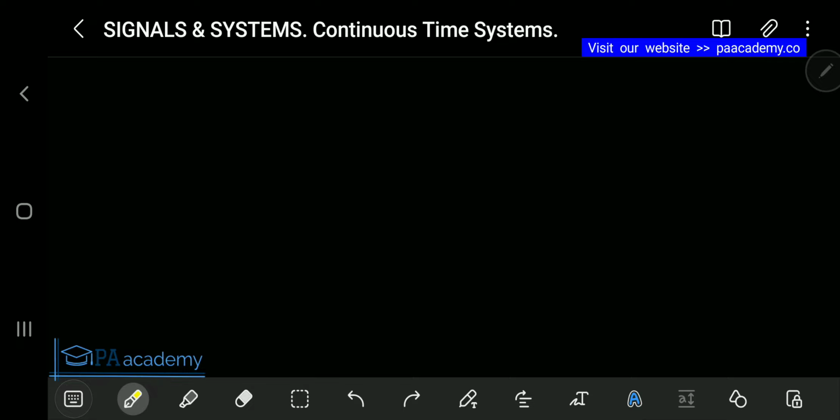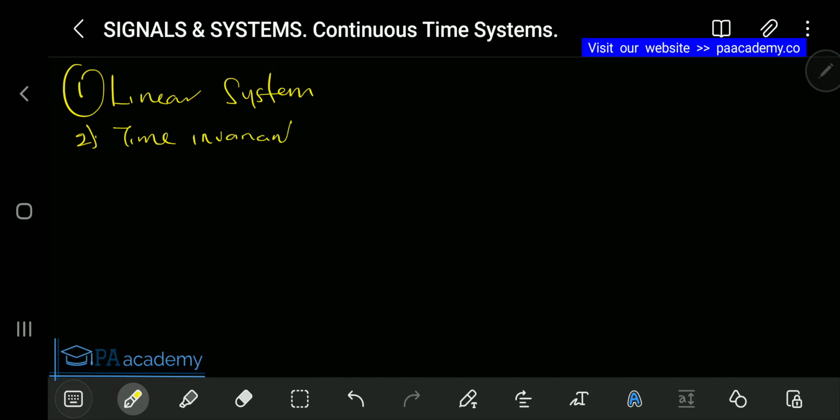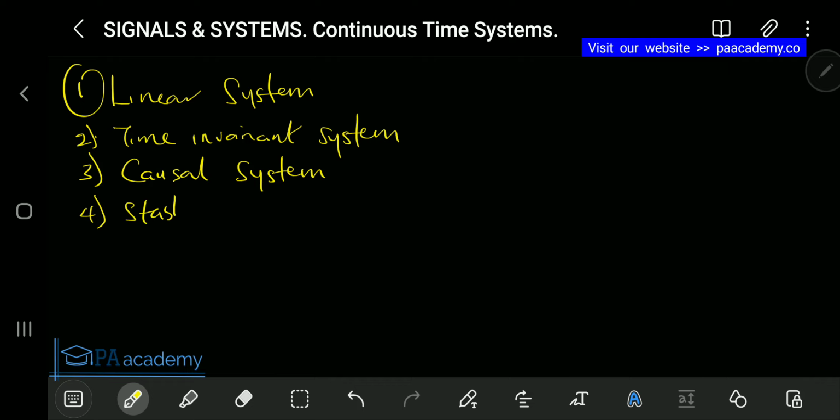So now let's get into it, continuous time systems. Like I said, we are going to be looking at 7 of them. The first one we are going to be looking at is the linear system. On number 2, we are going to be looking at the time invariant system. On number 3, we are going to be looking at the causal system. Don't forget, we also have causal signals. On number 4, we are going to look at the stable